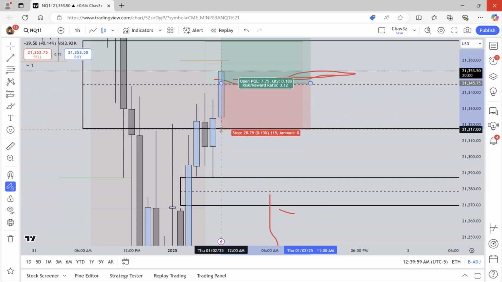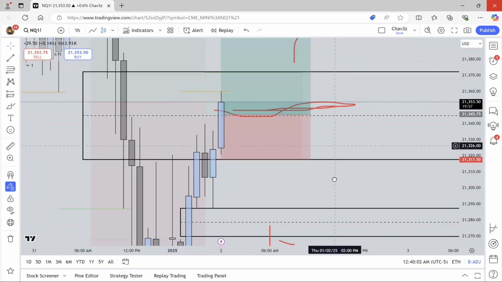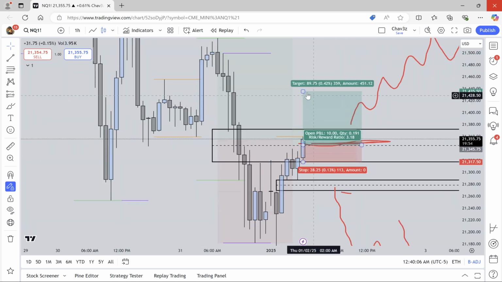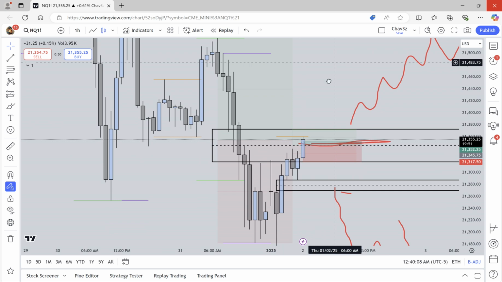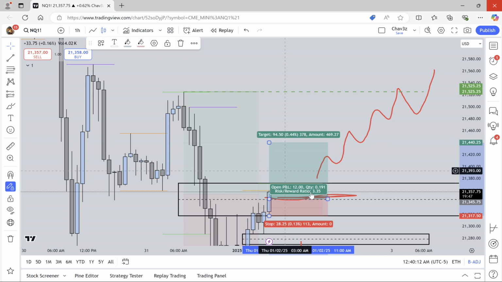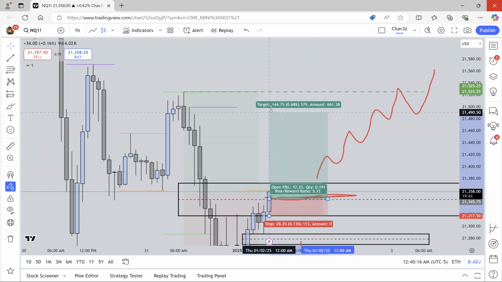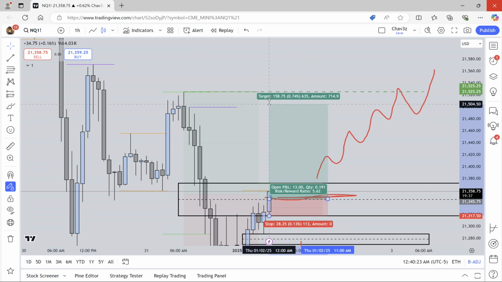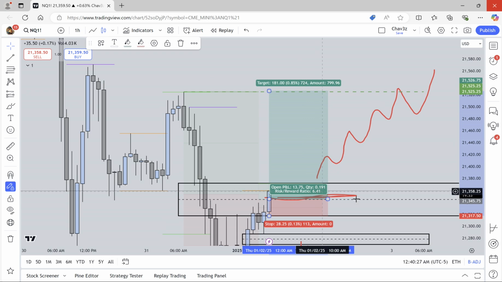I can go all the way down to the low because of my targets. What would my target be? My target is not EQ, because that's what we're trading in. Our target is going to be the 25 or the 75%, which is the 1-to-3. What's our next target? Our next target is going to be session high, right? We always use our session highs as targets. That would put me at a 1-to-5. My final target realized is going to be what? Previous day high, which is a 1-to-6.